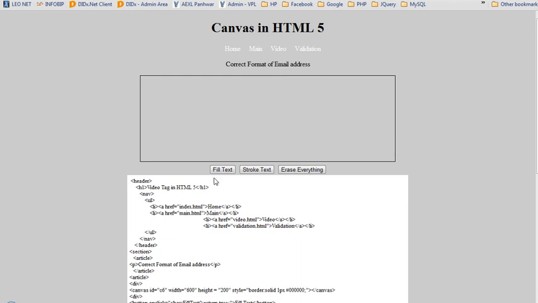This is the canvas, and within this canvas what is happening here, when I click on this fill text, here it is showing me the text HTML5 is cool. And for putting a stroke on it, let's say I'll click on stroke text, then it will put a stroke on HTML5 is cool. And if I want to erase, I will just click on erase button and it will erase these. This is the canvas function.